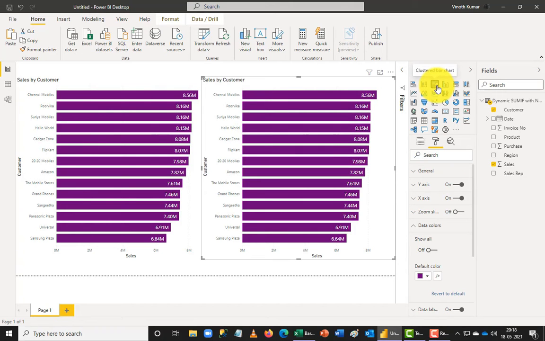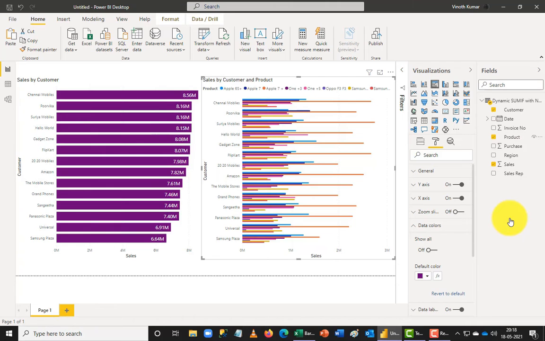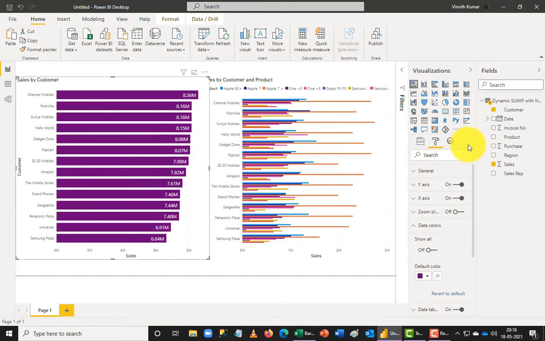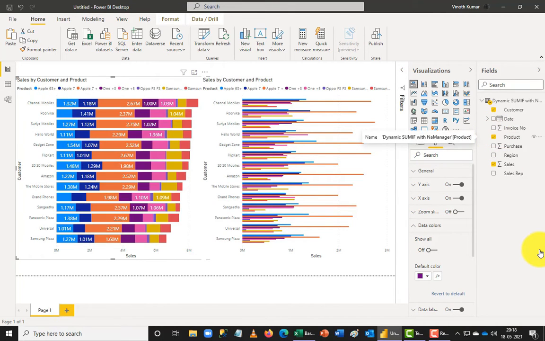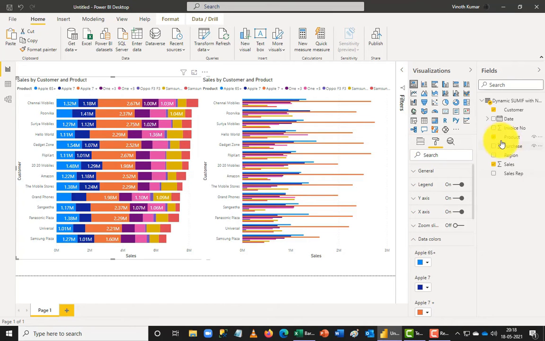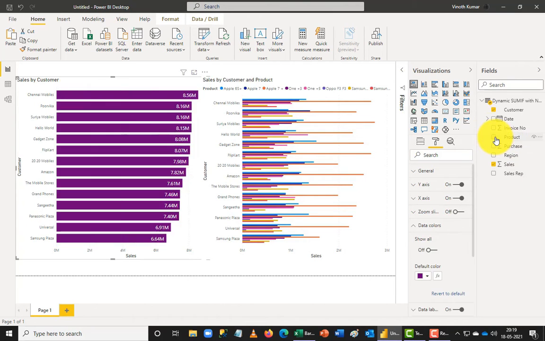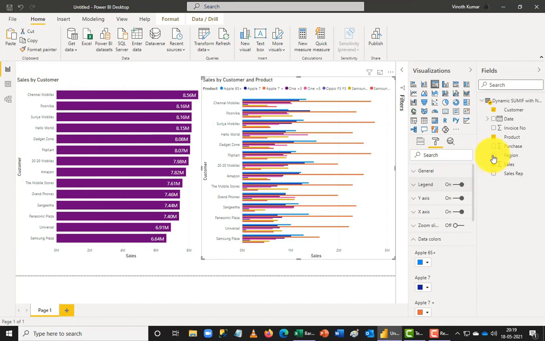So there won't be a big difference when it comes to the bar charts here. Both of them look alike, but again, when comparison data comes into place, that's where my clustered column chart or clustered bar chart will play a major role. So when I add a product here to my data list, you can see that it is going to give you the breakup of the list here. But if I add the same product to my stacked bar chart, you can see the differences here. So it's going to give you a different dimension altogether. I don't preferably use multiple dimensions in the bar charts, because sometimes it will be a little odd to find out. So I'm going to just uncheck these dimensions.